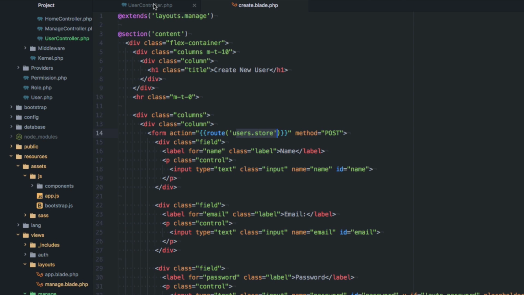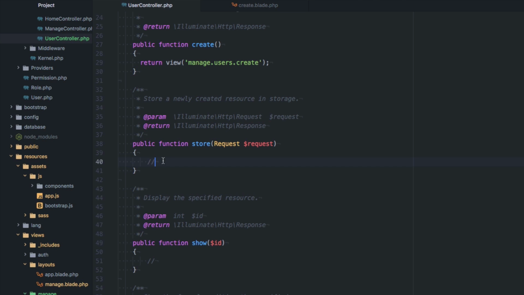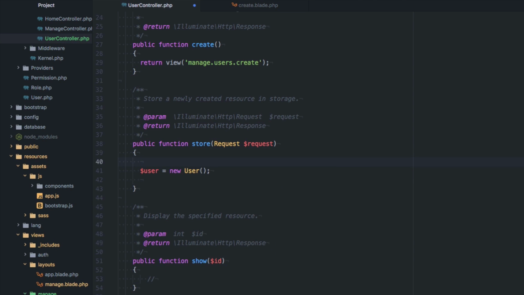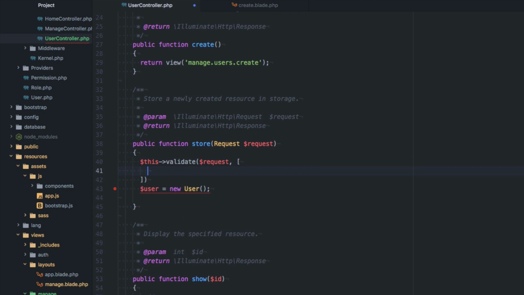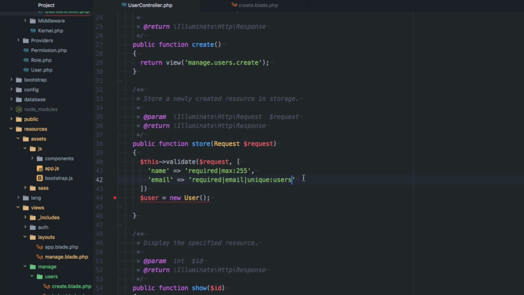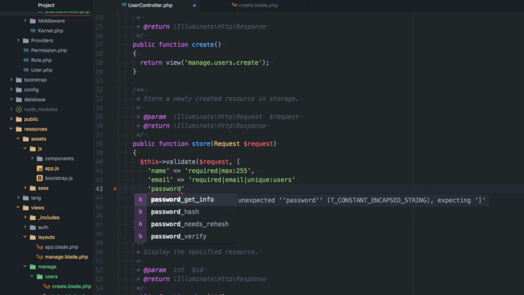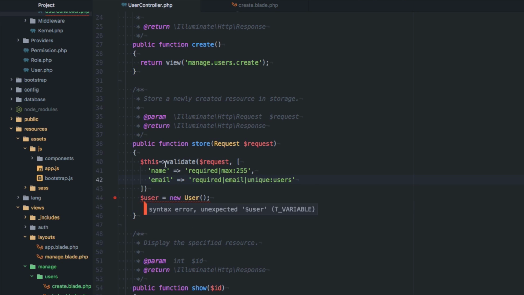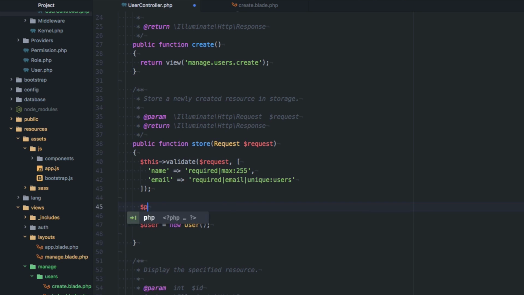So now we want to go access that. So back in our controller here, under store, we got to validate this first. So that's basically all we really need to validate, just those two fields, as of right now at least. And then the password we're going to manage down here. So let's actually do the password now. So password